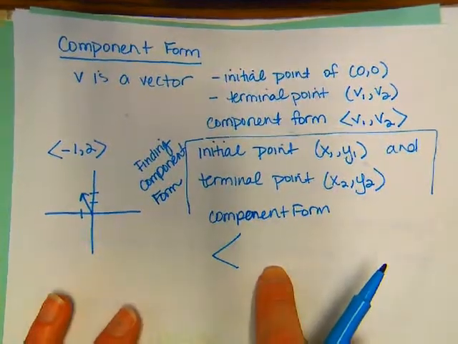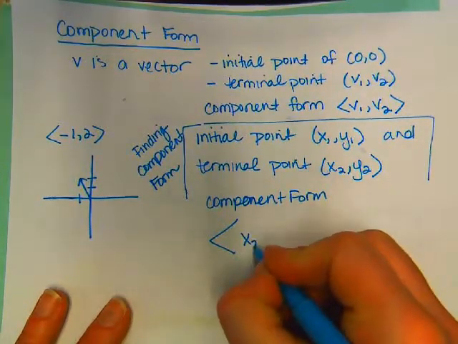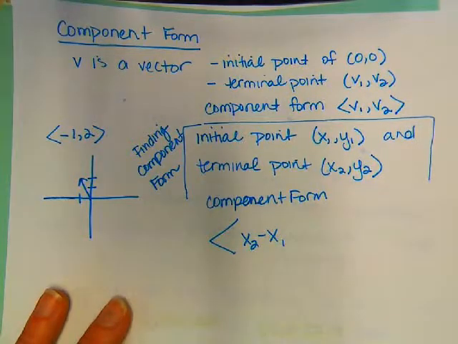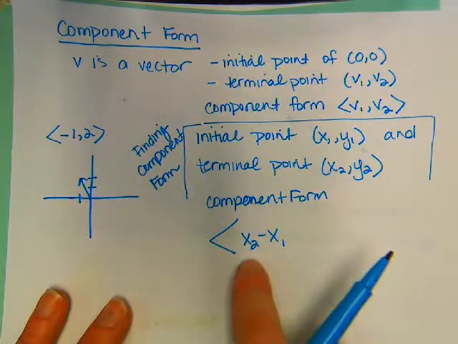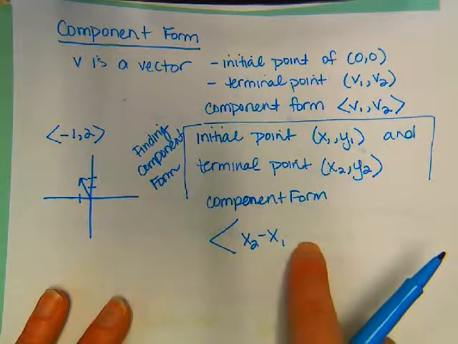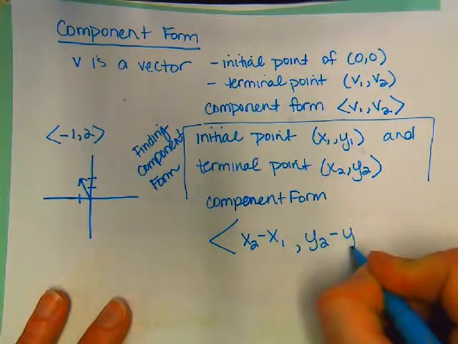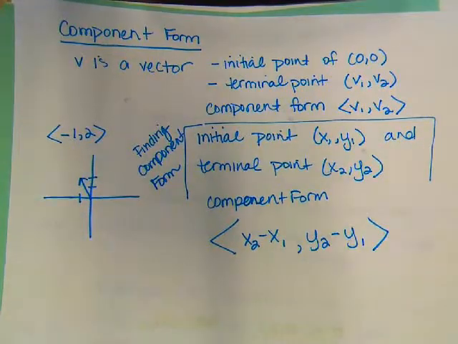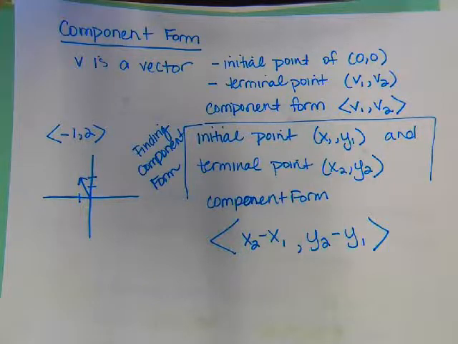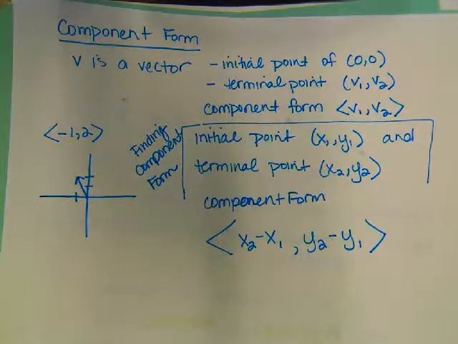That first coordinate, I would just subtract the x's to get. Notice I did terminal minus initial. And to find the second component, I would just subtract the y's to get that. That's how you get to component form when you have 2 points. Okay. Would you guys like to see an example of that? I don't know how much of this you've had, so